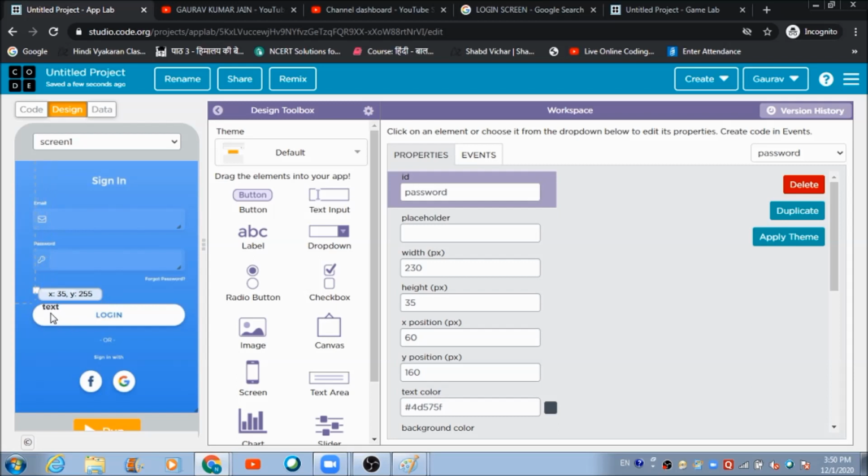Use this label, select this label and put it over here. Increase the size of this label in such a way that it can cover this whole login thing. Now eliminate whatever text is written here in this text property. Rename the ID of this label box to